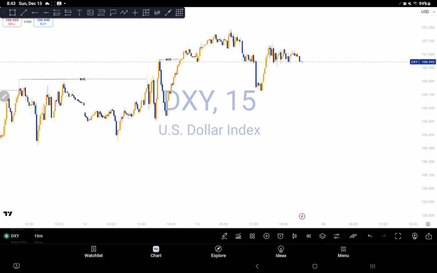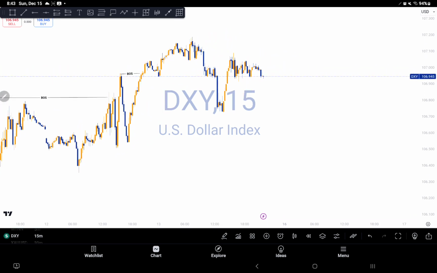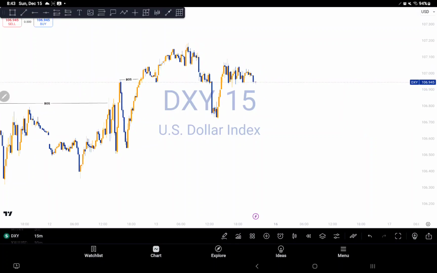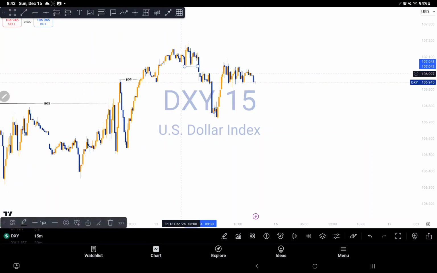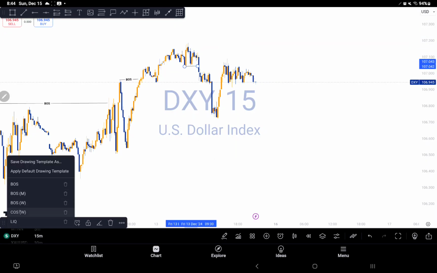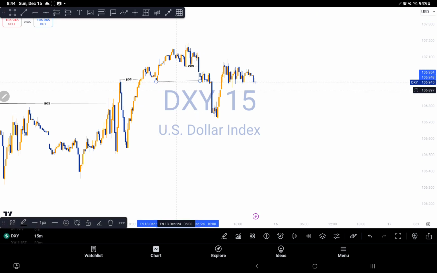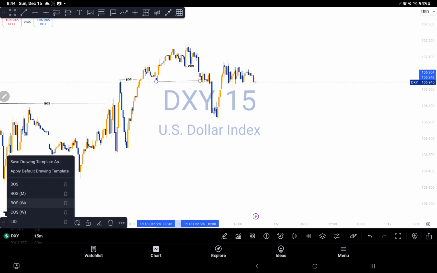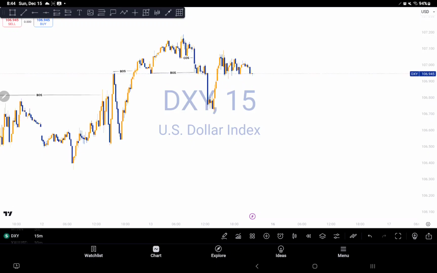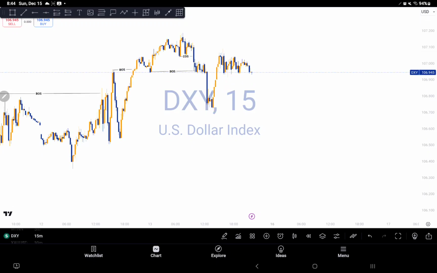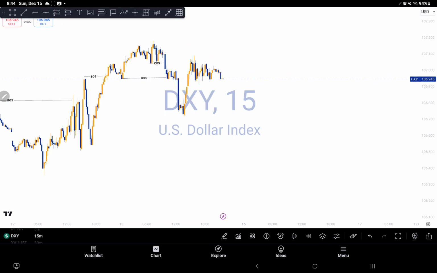So as we can see right around this area right here, the market is pushing to the downside. We have a change of character here because we broke that structure. We broke this previous one to break structure, right? So as of right now, the market is pushing to the downside. I think the market is currently around this area to mitigate